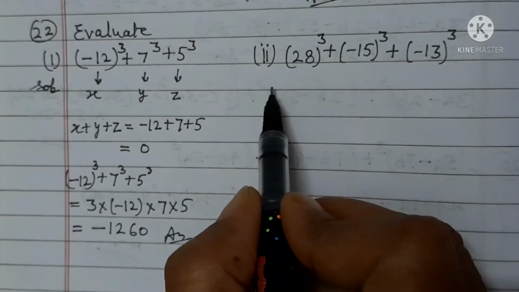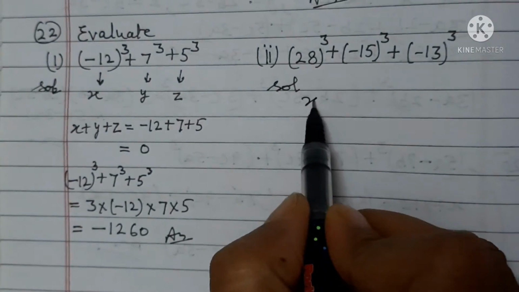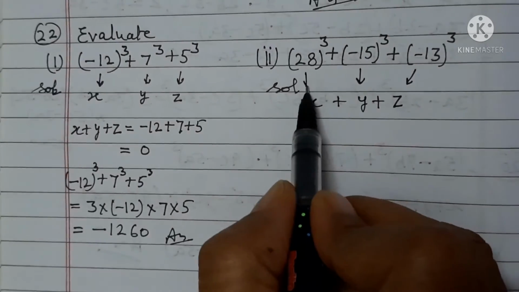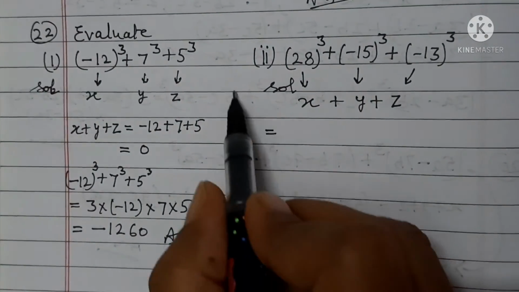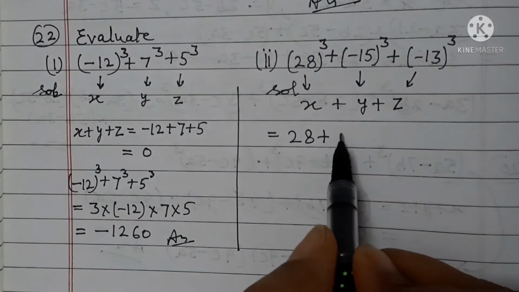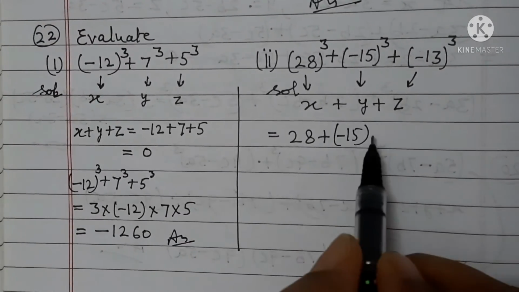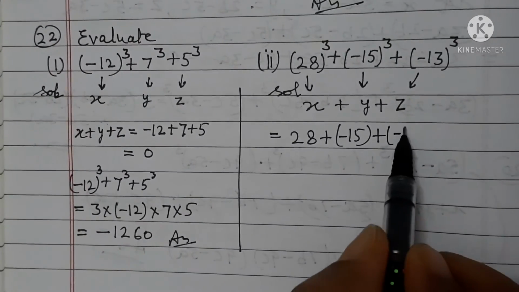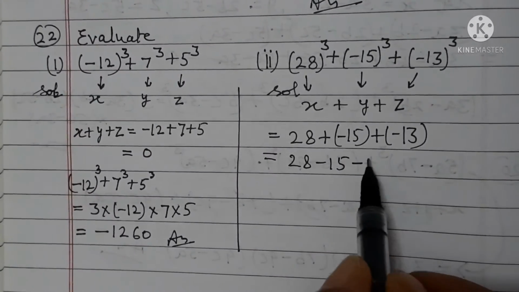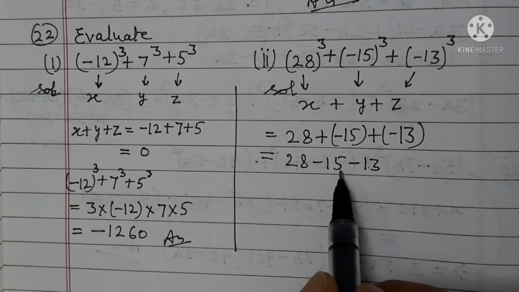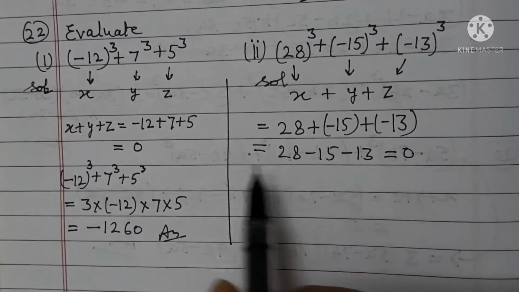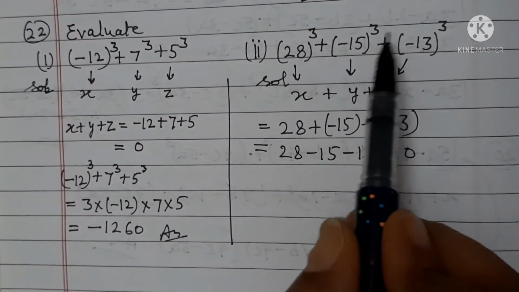Answer is the same for this question. Now for the second part, x plus y plus z, in the solution, this is z, y, and this is x, is equal to 28 plus minus 15, y is minus 15 and z is minus 13. 28 minus 15 minus 13, you will get 5 and 3 is 8, 1 and 1 is 2, plus 28 minus 28 is equal to 0. It means x cube plus y cube plus z cube is equal